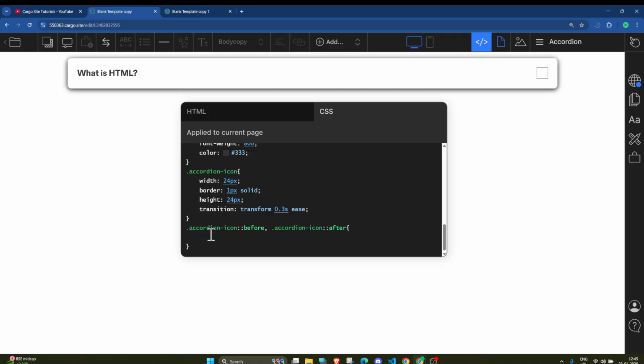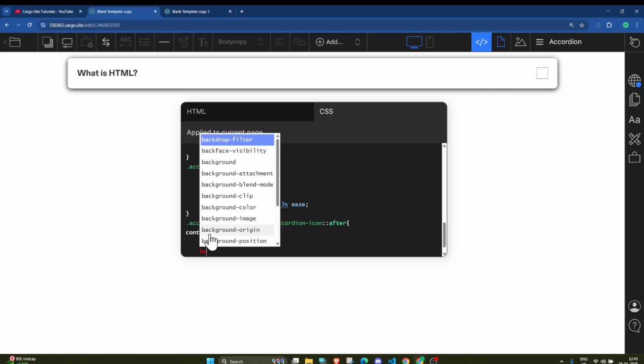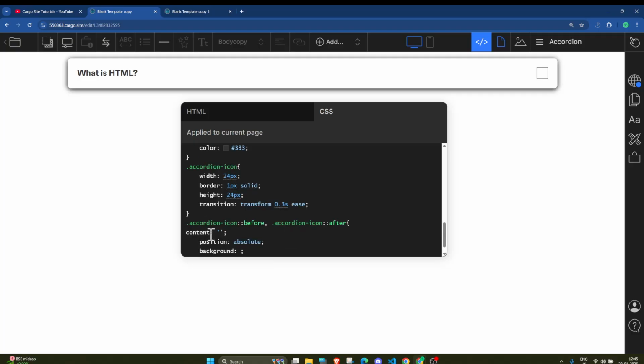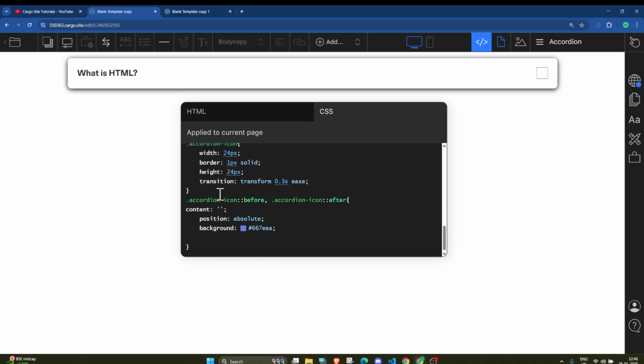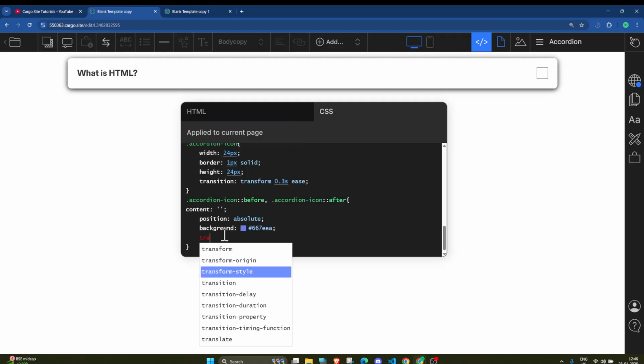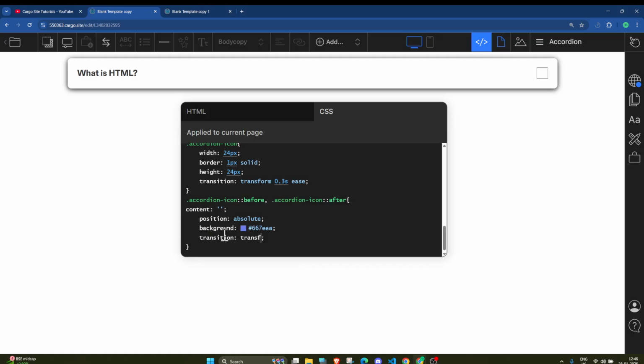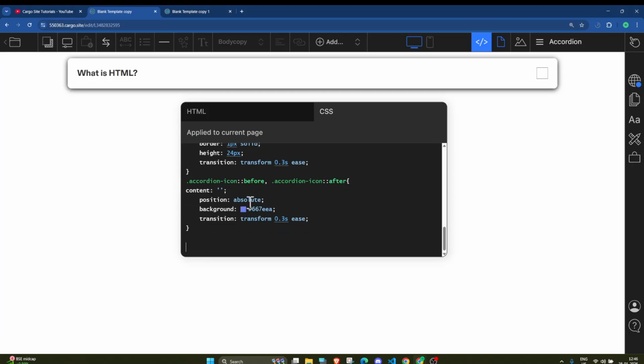Now simply I will add the content CSS property here, position absolute, background, and then again I will add the transition property, transform 0.3s ease.